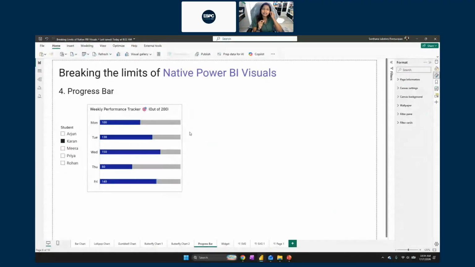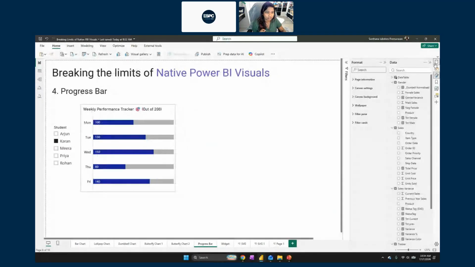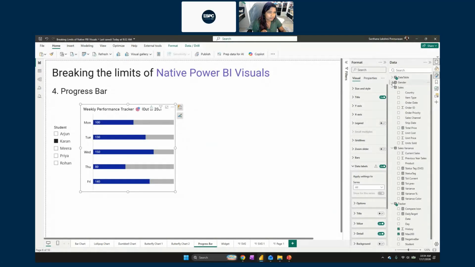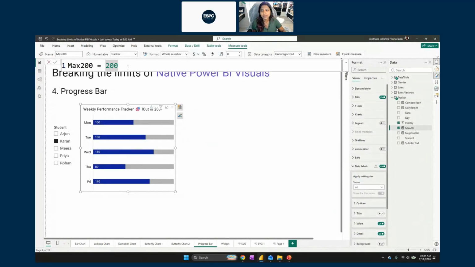So, quick tip on how you can create progress bars is, first, you need to create a measure which is, let me just throw it in here, a maximum measure. Now, when you're talking about percentages, it's obviously going to be 100%. Here, since I'm talking about scores, I have 200, right? So I have max to my maximum. Let me just rename this as max. My max score is 200.